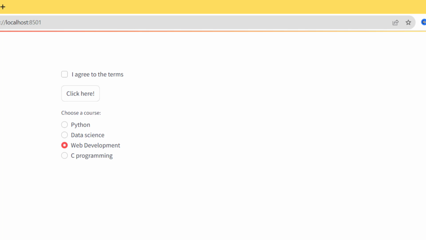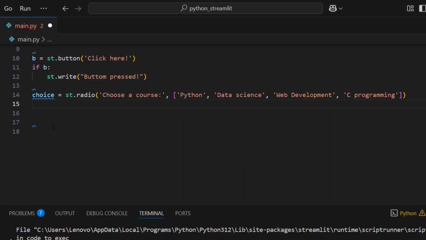In order to manipulate this, we need to do something like this. We can come here, for example, st.write, open and close. Let's use an f-string itself and do something like this: You choose, and give a little space here.